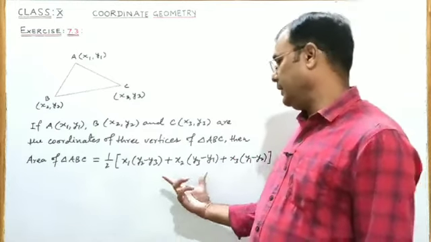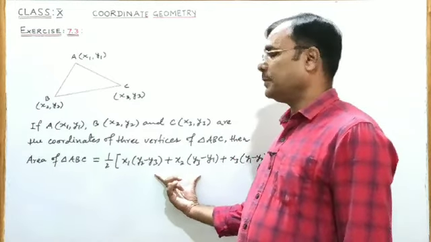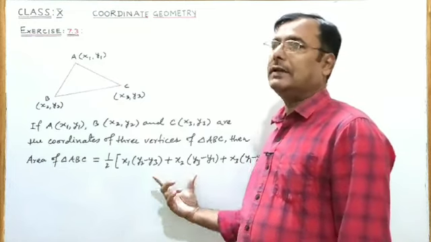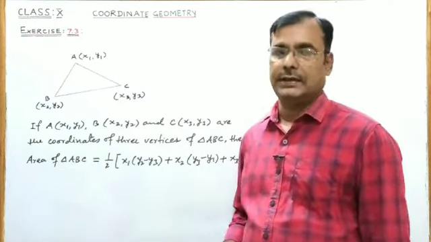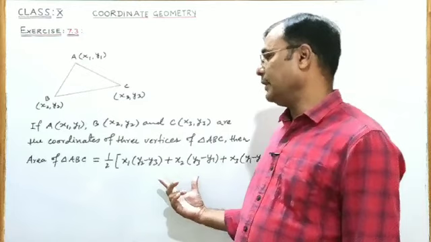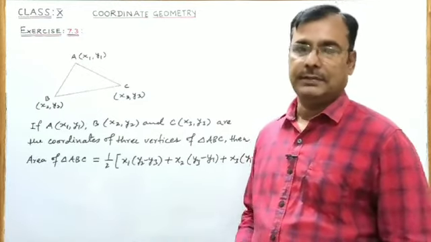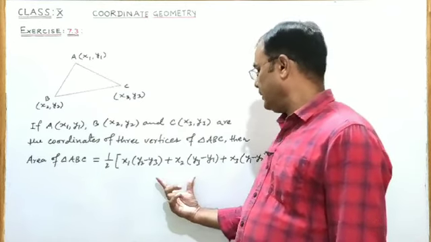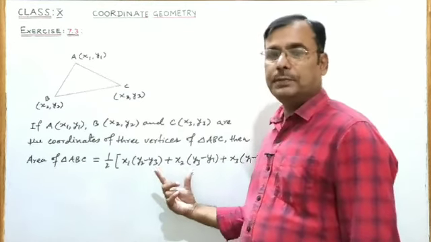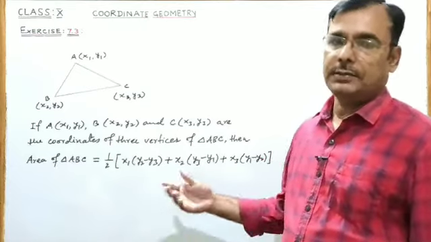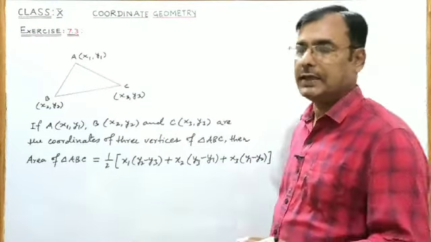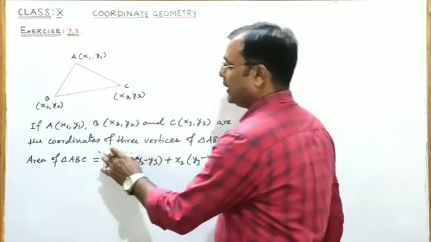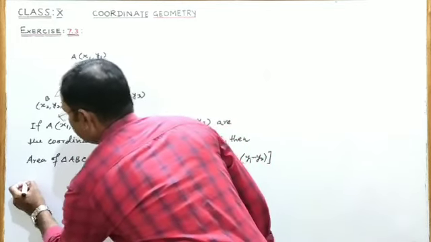In case you find value of this expression negative, then negative sign will be rejected because area of a triangle cannot be negative. So, to remove this problem, this formula can also be written in this form: